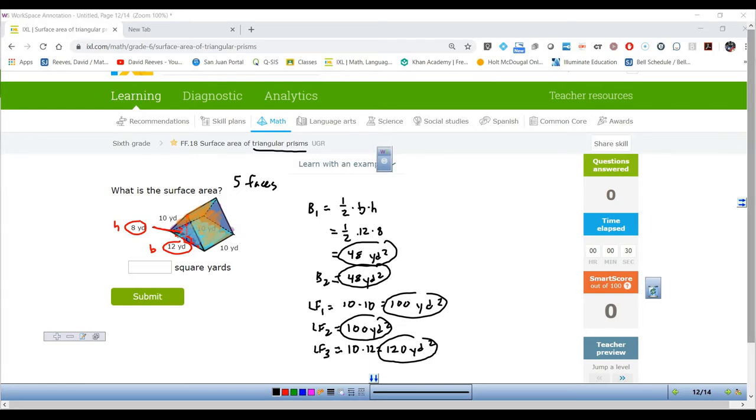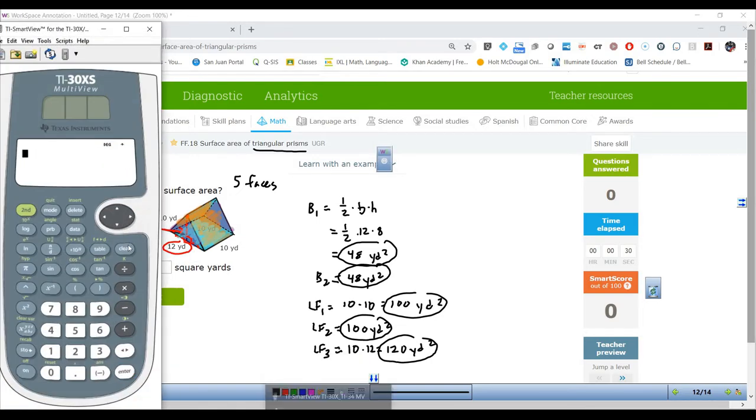All right, now let's jump to our handy dandy calculator and add all these together. We have 48, and I'm going to do 48 times 2 to remind us that there are always 2 congruent bases. Plus, then we had 100, but we had 2 of those, times 2. And then lastly, we had 120. You will not always have 2 lateral faces that are the same. We did because our triangle here was isosceles. So we add all those together and we get